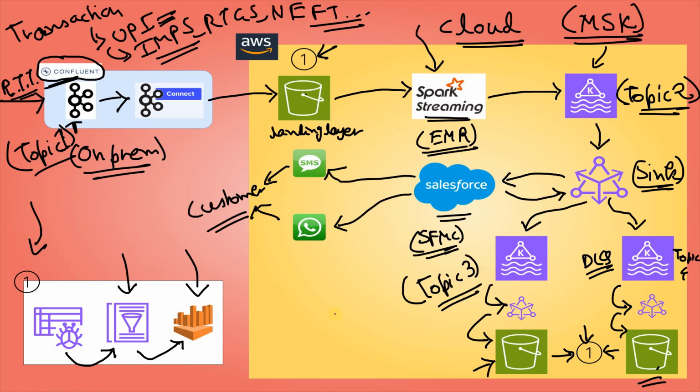Now this whole process ideally completes within maximum 15 to 20 minutes post customer transaction. That means as soon as customer performs some transaction, the data comes in our banking Kafka cluster. From there it was going to cloud. From cloud, Spark structured streaming was processing it, writing the data in another Kafka, and then eventually this sync connector was calling SFMC API, and in real time the SMS was going. This whole process starting from customer transaction to customer receiving message, this used to take 15 to 20 minutes,